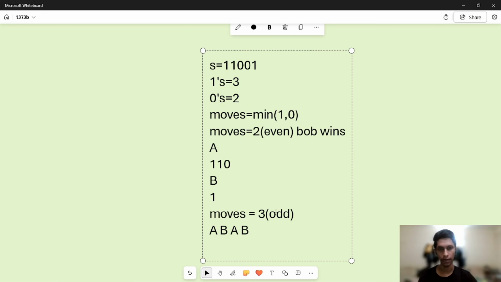Since there are only three moves we can make, Bob will be left with one single element at the end, and he won't be able to make any choices, so he will lose and Alice will win. So for every test case, if the number of moves is odd, Alice will win,